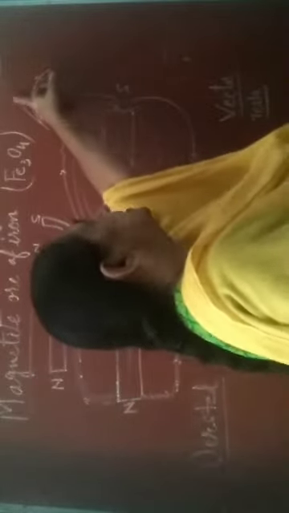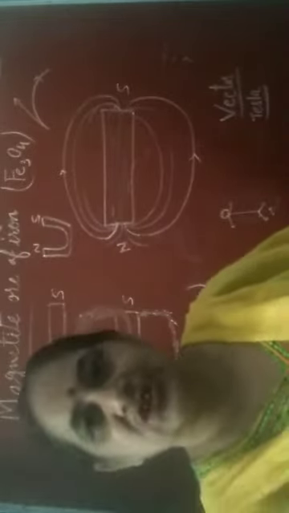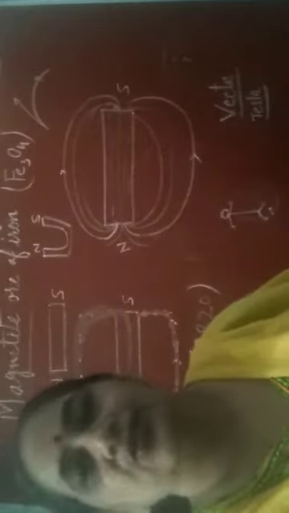Okay. Direction of the magnetic field line is given by the line tangent to the field line. Suppose this is the magnetic field line. So this tangent line shows the direction. So magnetic field lines are always tangent to the magnetic field. Since it has direction, magnetic field is a vector quantity. They are vector because they have magnitude as well as direction. And unit of magnetic field is Tesla. Okay. So this is all about magnetic field.